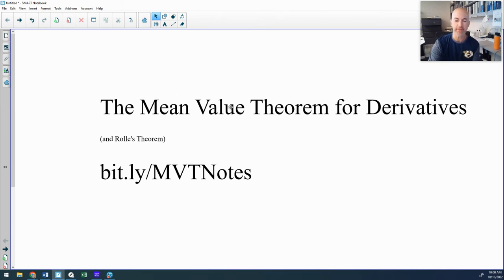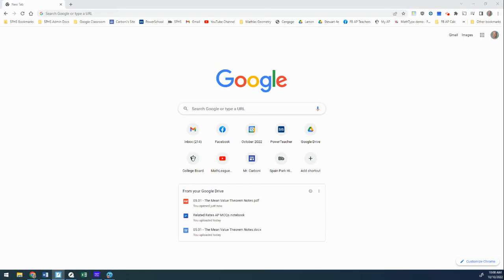And there is a mean value theorem for integrals that we will learn later. That's why I put mean value theorem for derivatives. However, if you only say the mean value theorem, people will assume you're talking about the one for derivatives. The mean value theorem for antiderivatives or for integrals is often referred to as the average value theorem. But enough random talking about the mean value theorem's name.